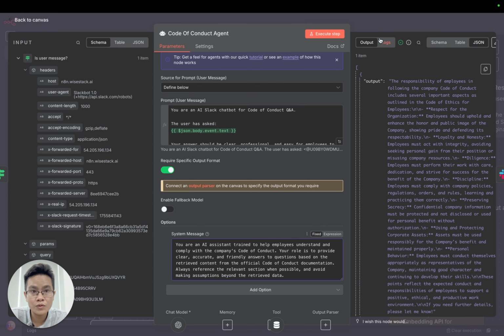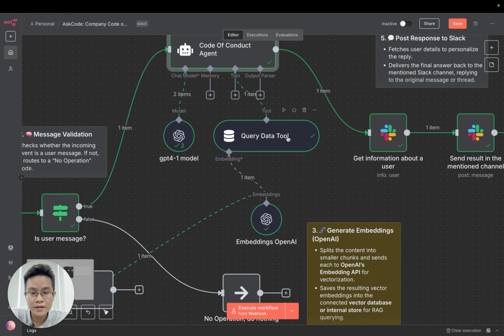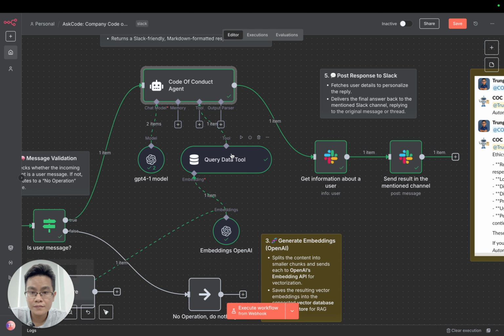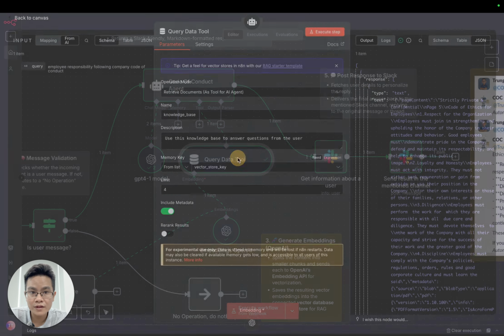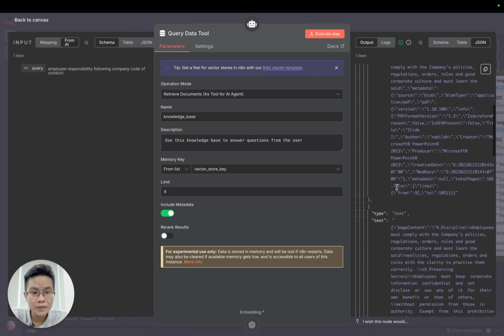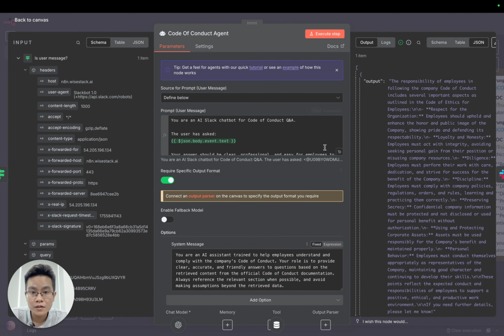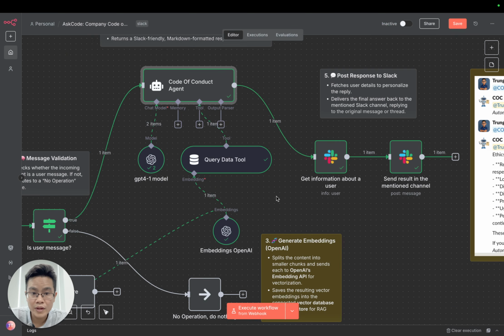Then it will use the query data tool to fetch the relevant data from the PDF file that we uploaded before, which is already embedded here. After fetching the most relevant information,